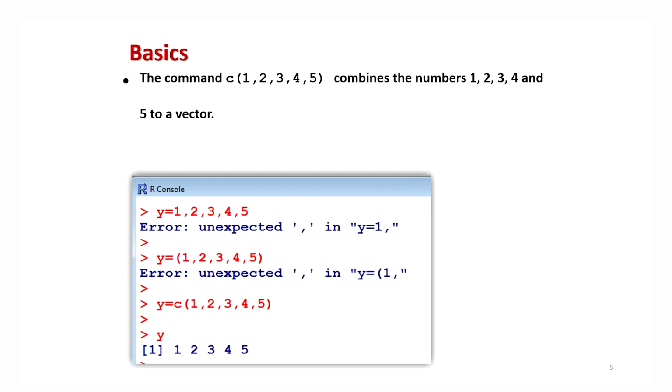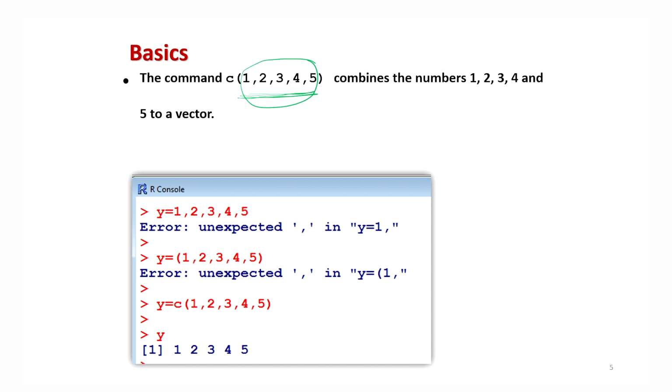Right. Now, another popular command is the C command, that is actually used to combine the numbers. For example, if you have 5 numbers 1, 2, 3, 4, 5 and you want to execute any program or any function or any syntax over all these values, then how do you communicate to the R software that Mr. R, you have to execute this operation over each and every individual value?